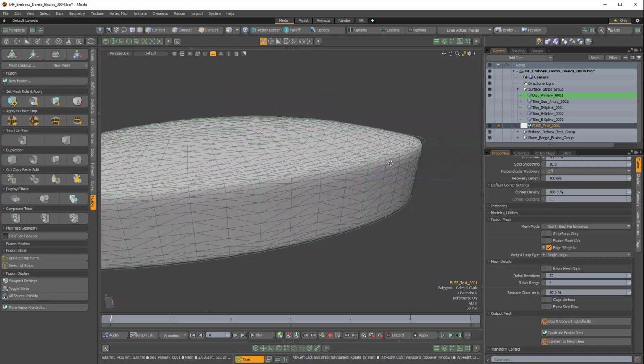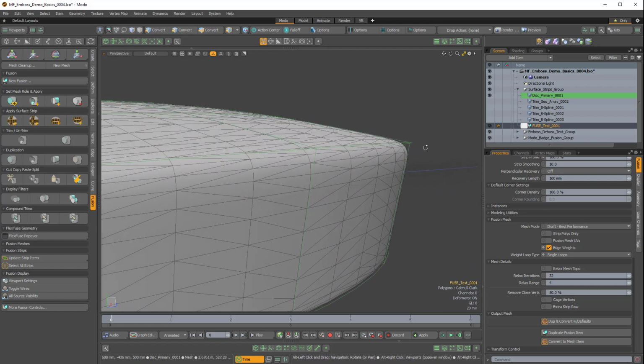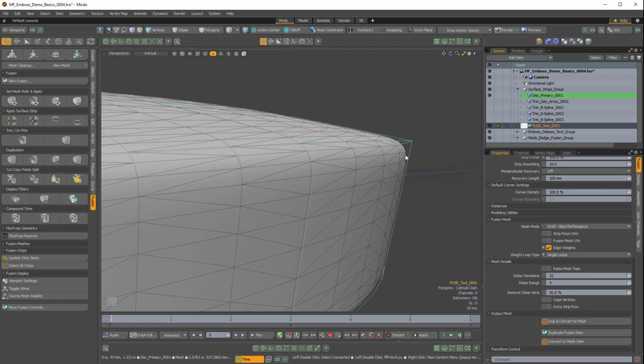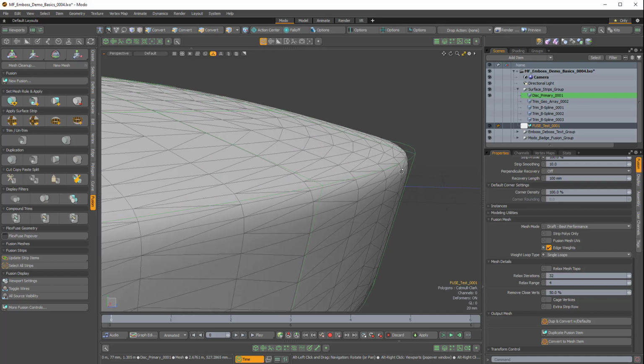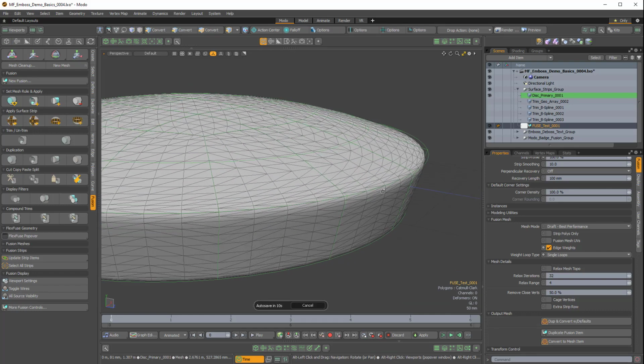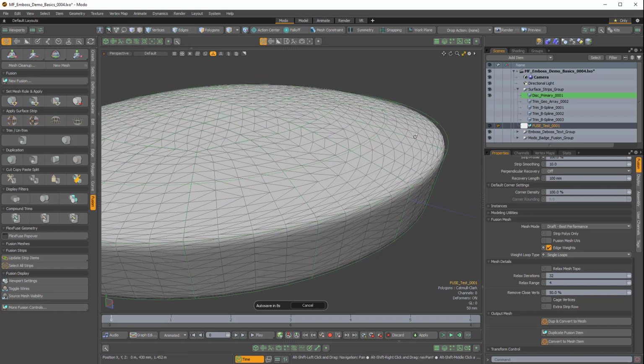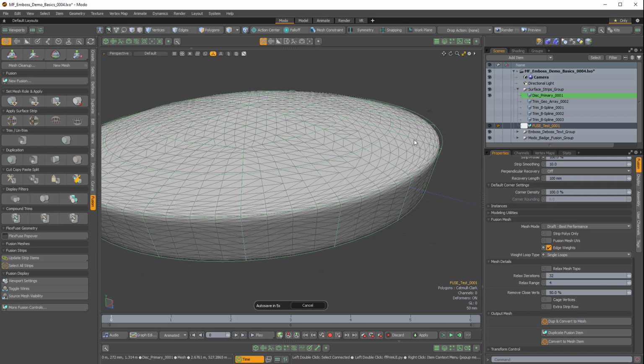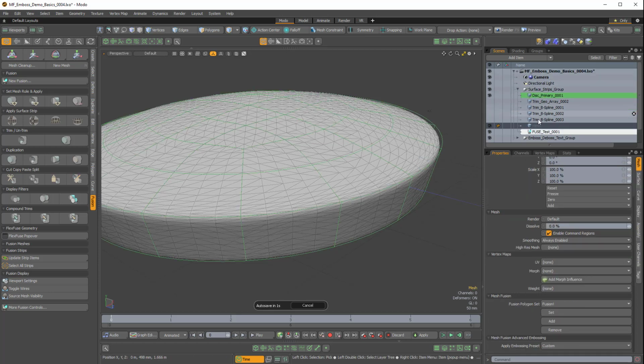Now you might notice that the actual Fusion item is still a little bit less, there's like a softer creasing or a softer edge than the primary, and there's a reason for this. So let me just demonstrate why this behaves this way. So I'll click N for a new mesh item, and I'll just drag this to the top here, and I'll